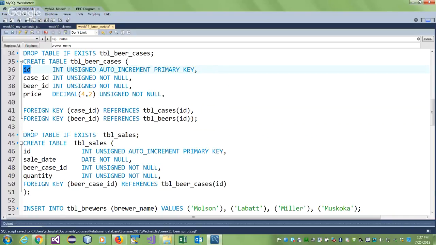From here, this and this are related. Why? Because if I say quantity here, the price is coming from here. Price multiplied by quantity will tell me how much the customer has to pay. So which case you are buying is coming from here, and then quantity multiplied by price will tell you the total sale price,